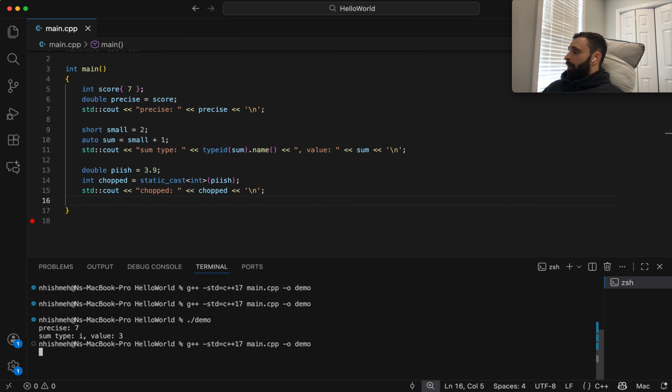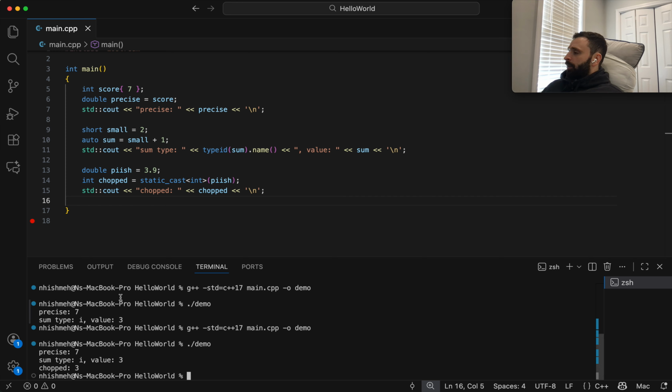Okay, so is this going to work or no? Let's see. Yes, it works fine. And chopped has a value of 3. So why does it work fine even though we're narrowing a double to an int?